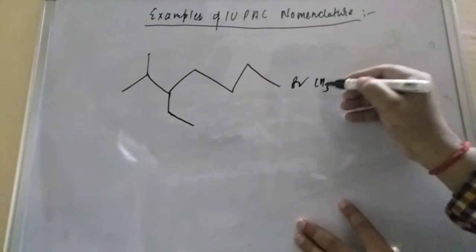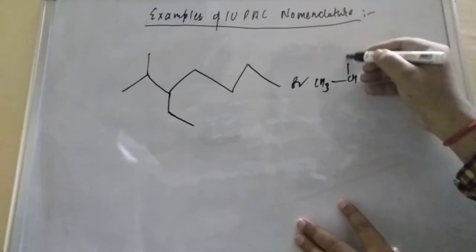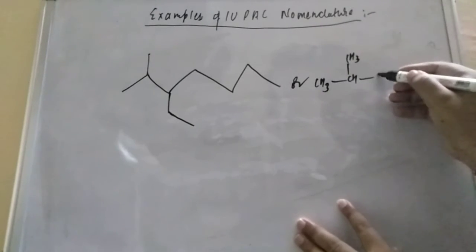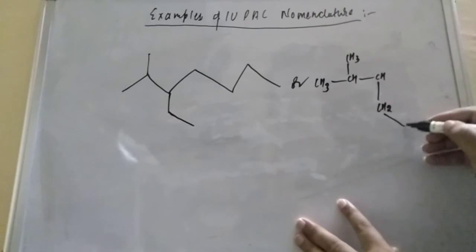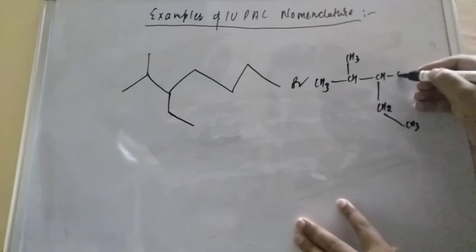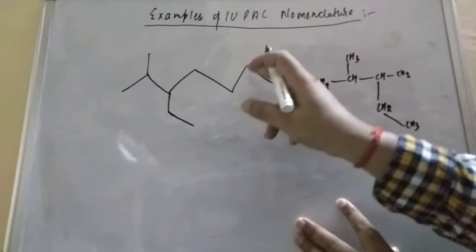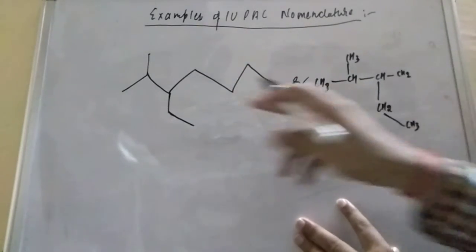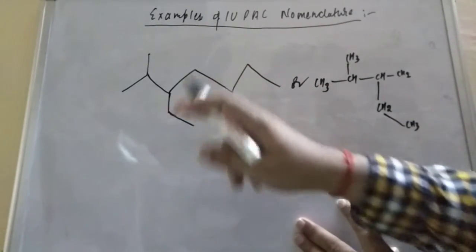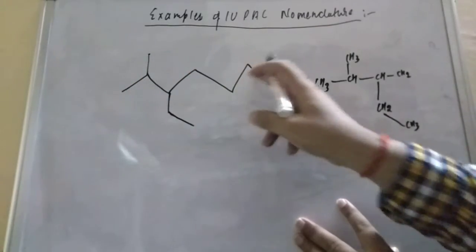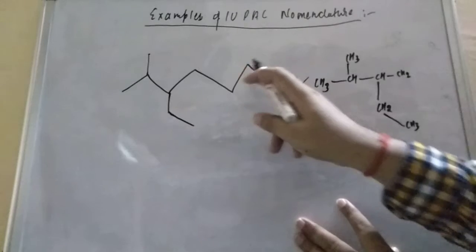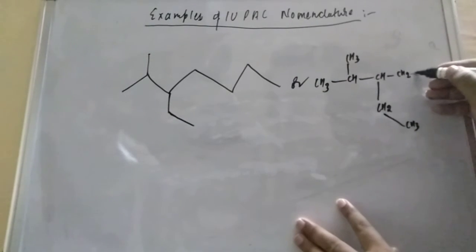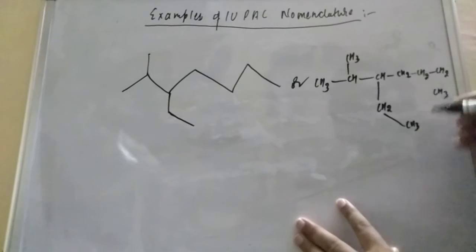Terminal carbon is CH3, then CH, upside this is CH3, here downside CH, here what will come, student? CH2, and here CH3, then again CH2, CH2, CH2, CH3. So this is CH, then 1, 2, 3, 4, 5, 6, 7, that is correct. So here CH is over, this is over, CH2, CH2, CH3. So again what will come, student? CH2, then CH2, and again CH3.